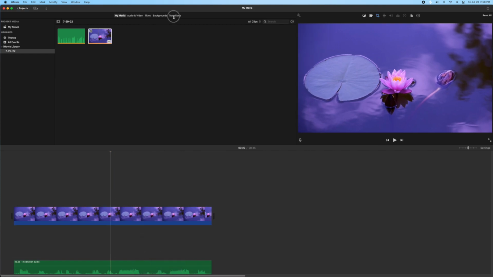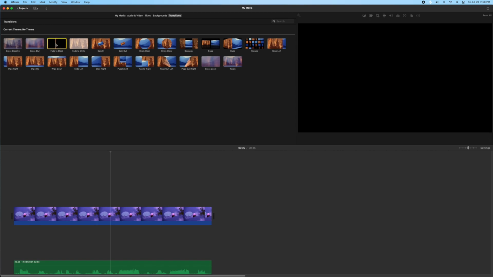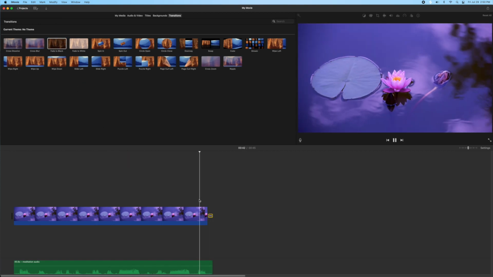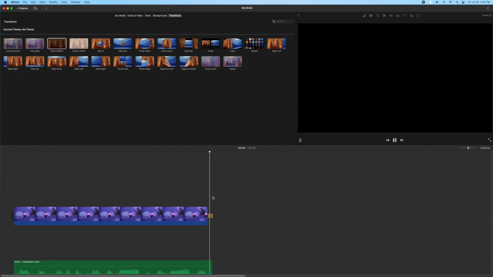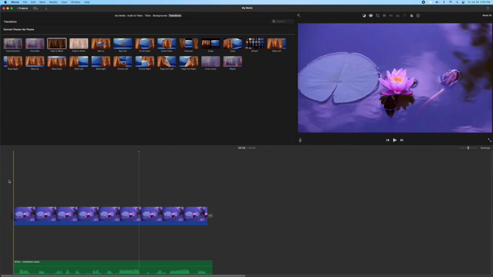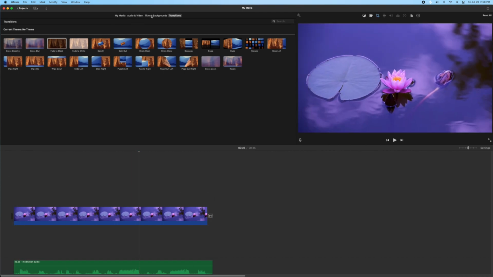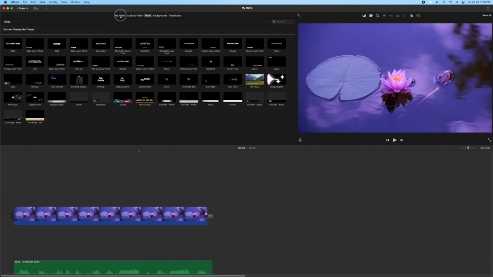So now I can add a transition if I want. Fade to black, there we go. Okay, and we can add text. We can do all of that stuff using titles. Okay, now,